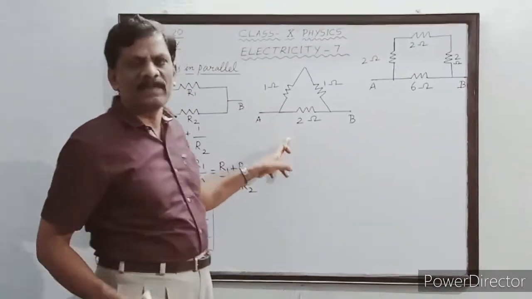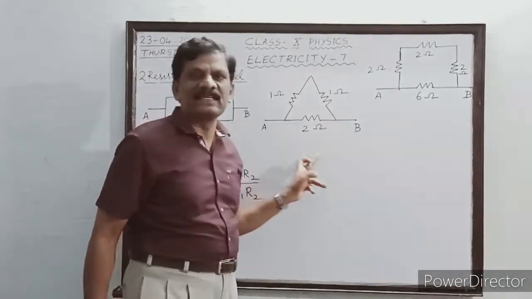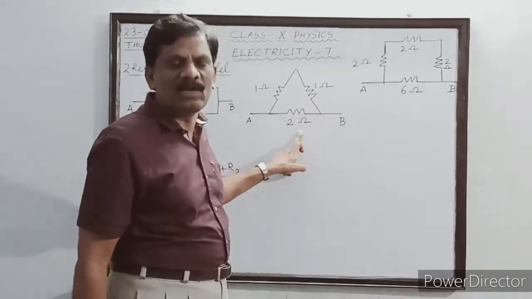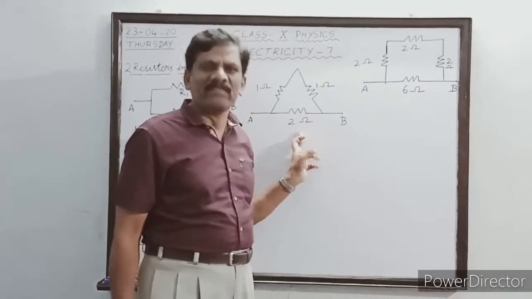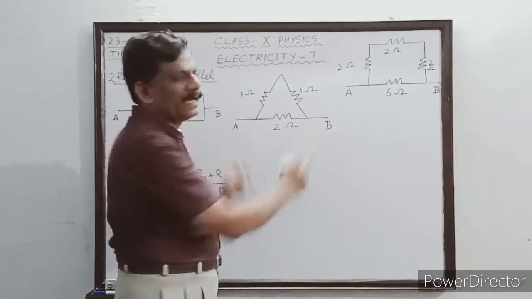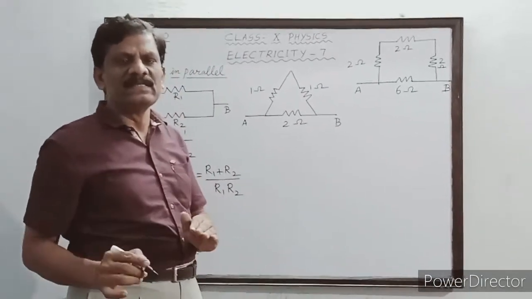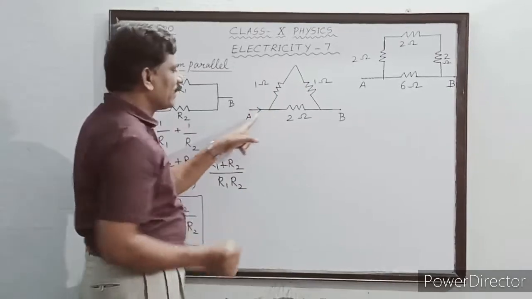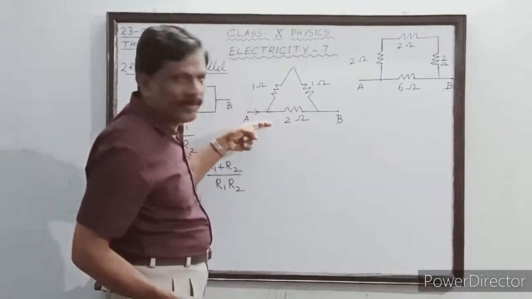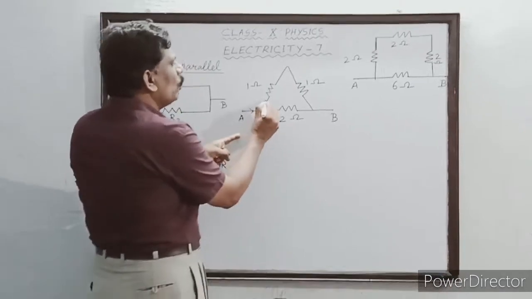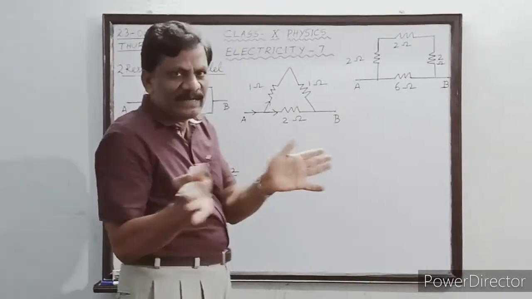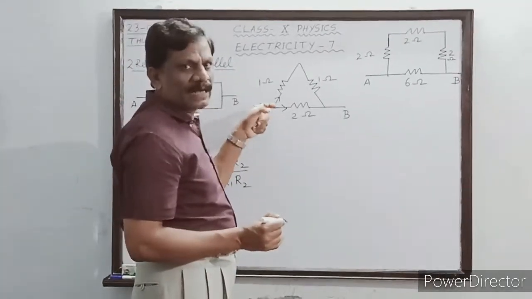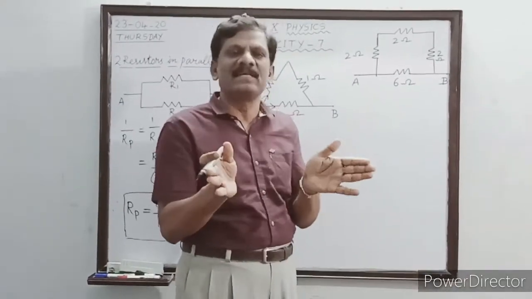Now look at this picture. What is the shape in which the resistors are connected? It is a triangle. Okay. Now three resistors are connected along the three sides of a triangle. I want to find the effective resistance between the points A and B. Now, how to deal with this problem at the initial level in 10th standard? Now you see here, students, suppose a current is flowing into the point A. At this junction A, there are two ways, two paths, and the current will divide. For example, if I ampere of current is flowing at the junction A, it will divide into two paths. So the current is going to divide.